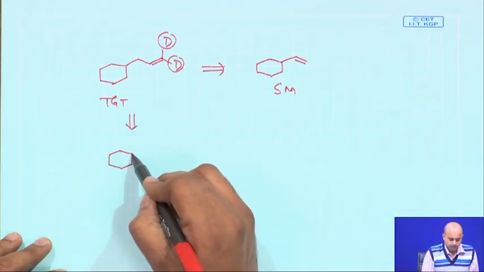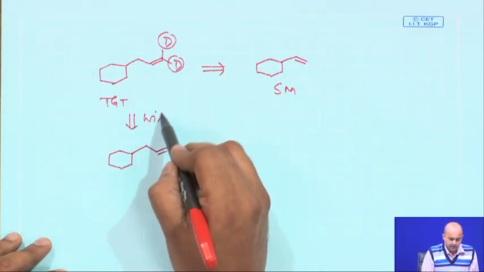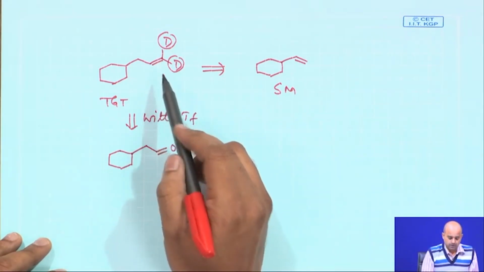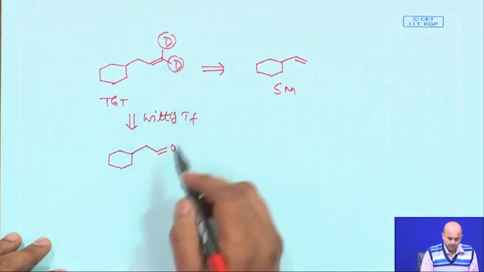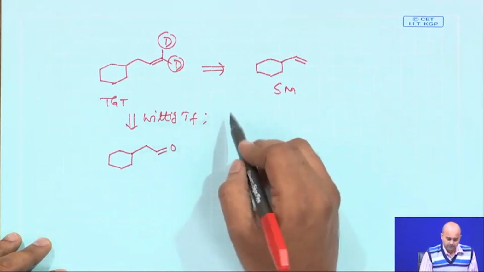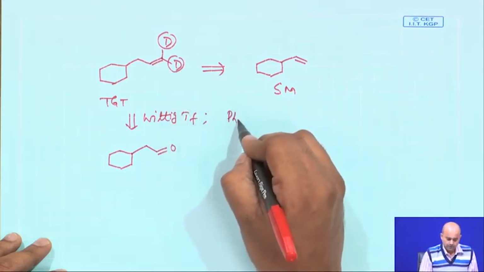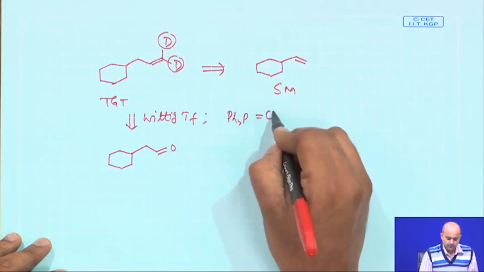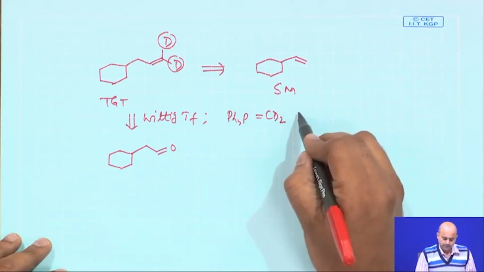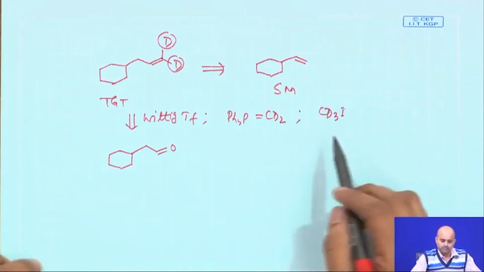straightforward retro of how these things can be done. Now, I say if you do a Wittig kind of transformation based on this functional group or the appendage functional group which is present. Now, what kind of Wittig ylide will you be using here? As deuterium is required in the final compound, you can probably think about using this Wittig ylide which is having deuterium here. Now, this Wittig ylide you can easily prepare if you have CD3 iodide in presence of